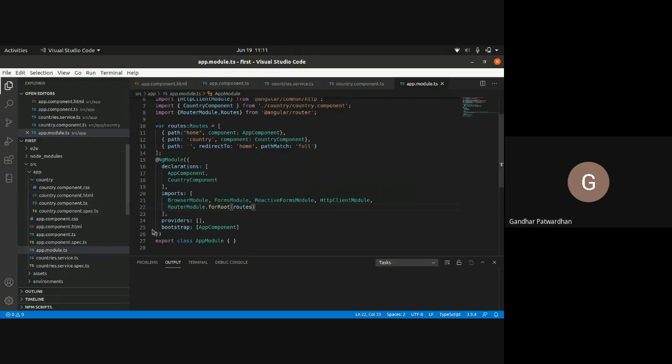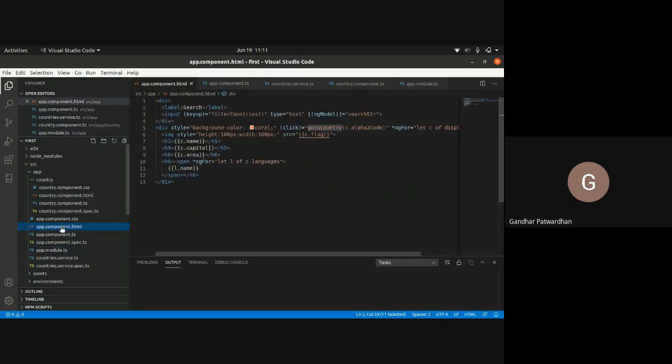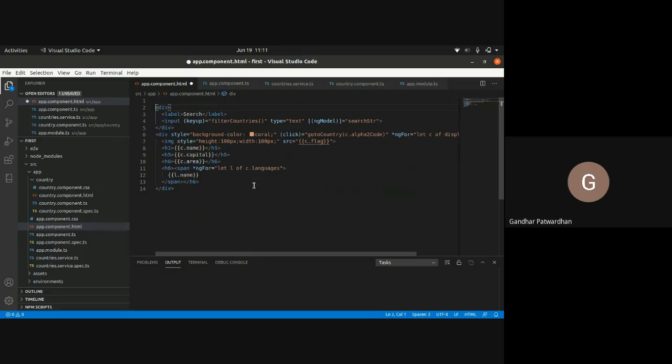Then what I'll also do is, in my app.component.html, I will use router outlet. Now there will be one issue in this.